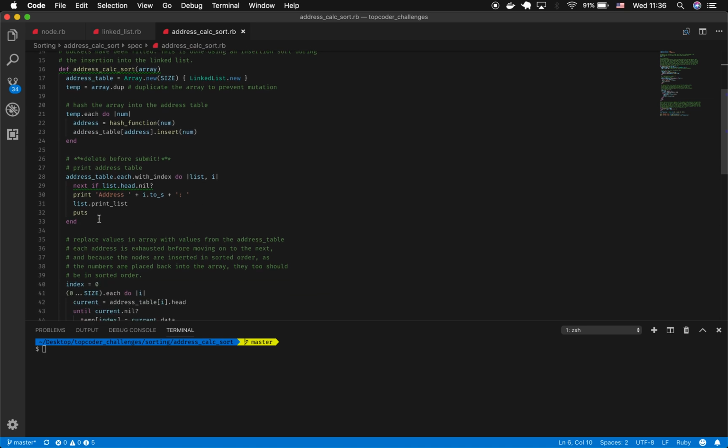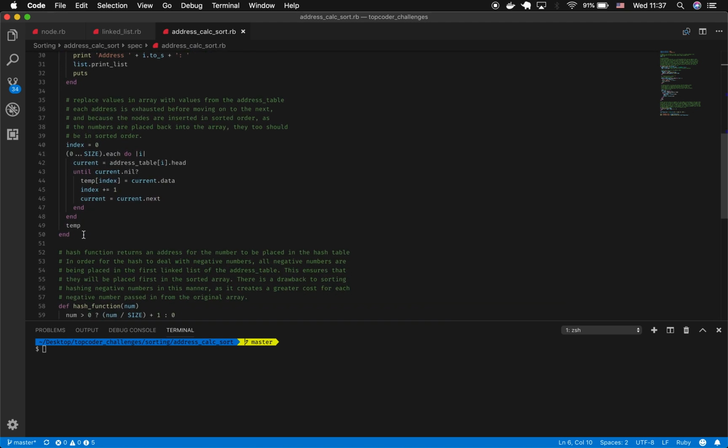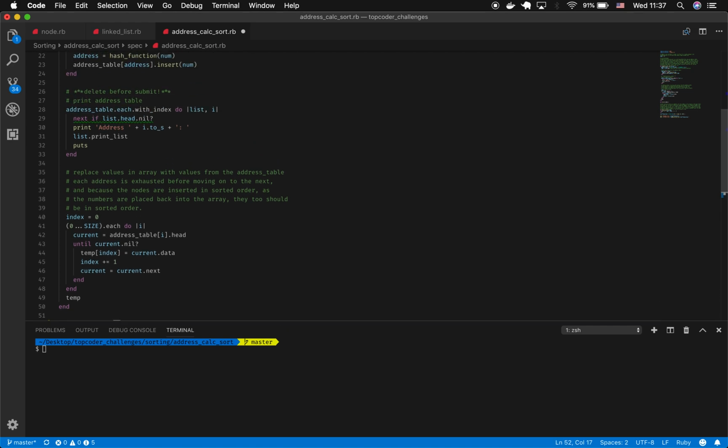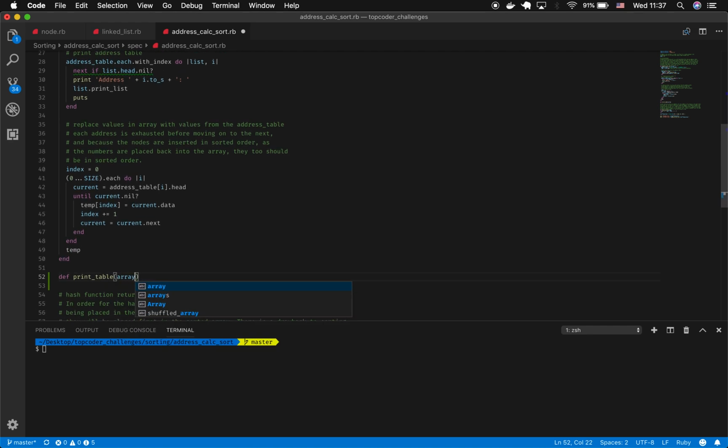Now, the next iteration is the print. Basically, I didn't build it as a function, although I think I'm going to take this out after this video and turn it into a function and just say, hey, print this off, which is actually fairly simple. Let's go ahead and do that real fast. So define print table, and then we're going to pass in an array. We'll just say we're passing in the table,